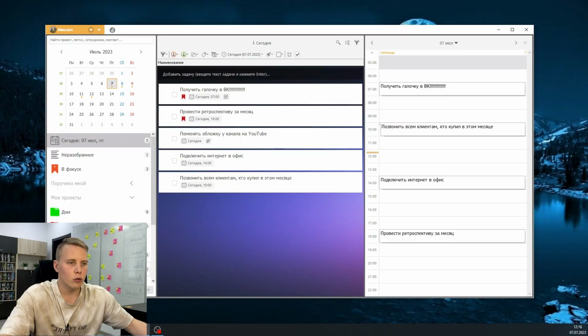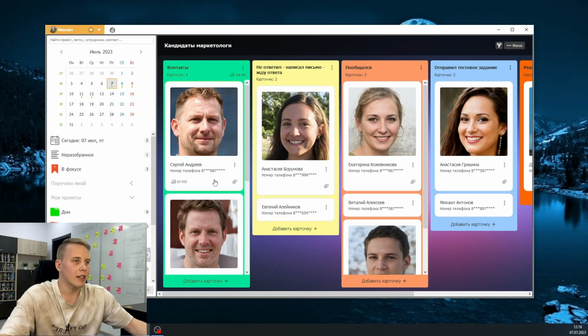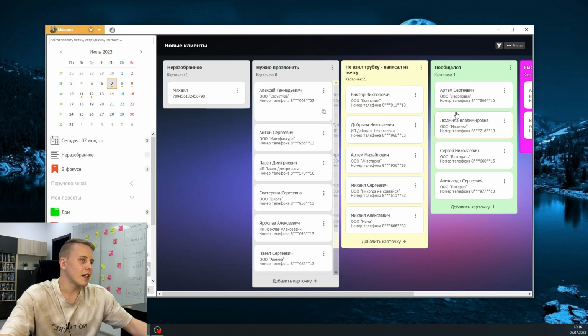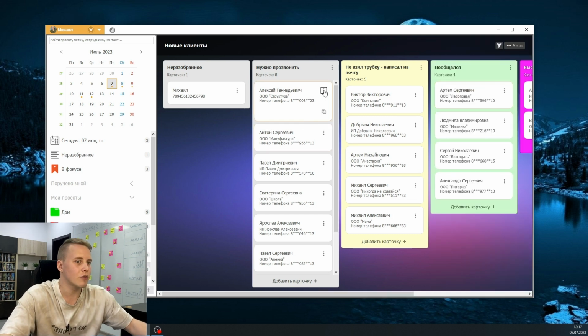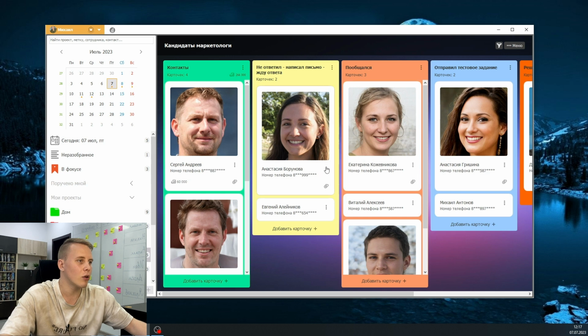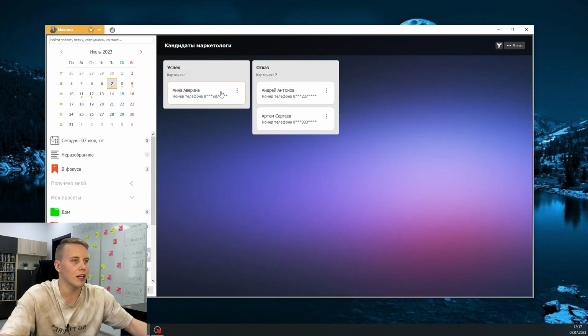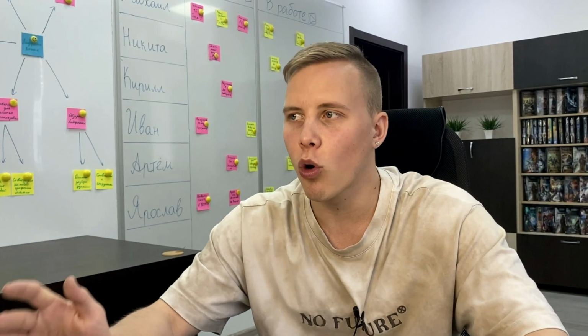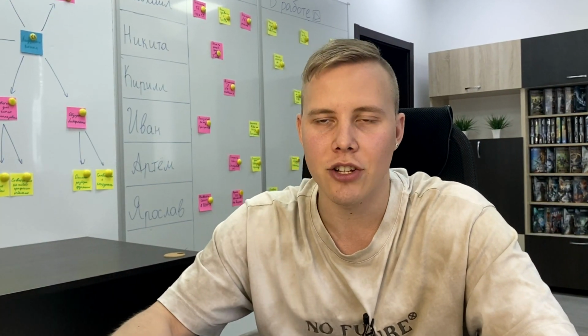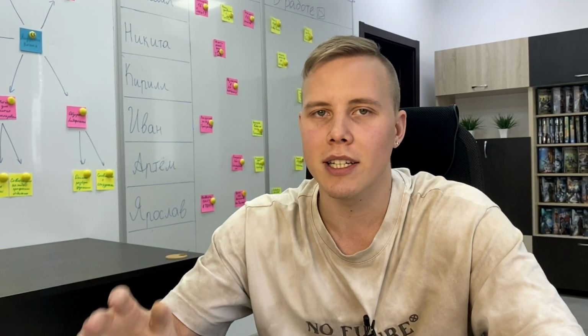Good examples of my boards that I can show you are, for example, candidates and new clients, where each card is a different person. And first of all, I write a chat on each person. And if it goes well, then I add it to either success or failure. And then I can see the completed tasks that have been done for the entire period. By the way, I couldn't work in Todoist like this, because there is no such thing as a rejected task. You can only complete a task.